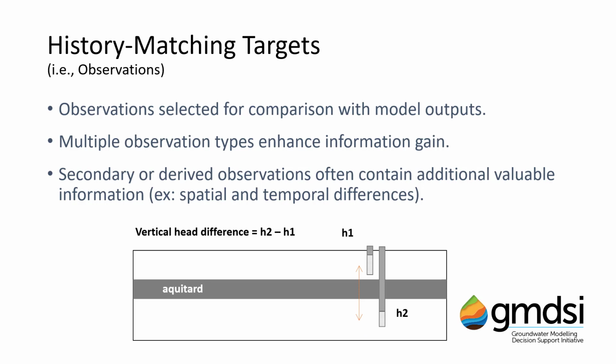Explicitly including observations of, for example, vertical head differences between different aquifer layers can often improve the estimation of parameters which control things such as vertical flow processes. Thus, cases in which the prediction of interest relies on vertical connectivity between layers will likely benefit from the information contained in observations of head differences between layers rather than simply the absolute values of heads in each of these layers. On a side note, not many groundwater model graphical user interfaces, so GUIs, provide options to configure these types of more creative observations. Often it'll be necessary for a modeler to calculate secondary observations themselves.